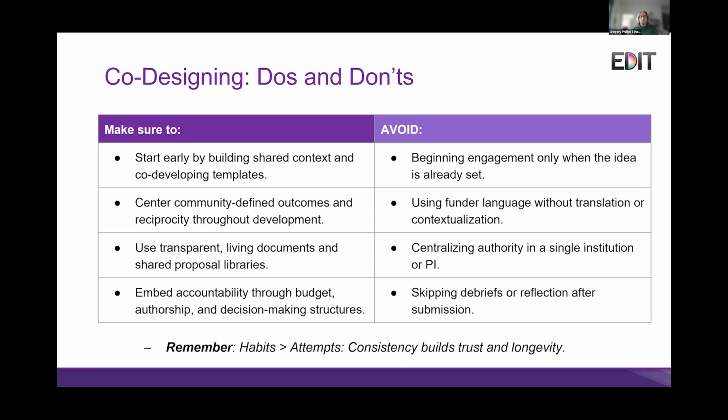And really, we know that not all of your attempts are going to be great. Sometimes things go wrong, sometimes partnerships break up, sometimes there's a lapse in communication. Whatever it is, attempting is great, and doing this work and building the habit of doing this work is really what we're aiming for. So making this a routine in your community academic partnership development process is only going to serve to build trust and longevity in the work you do. So those are things to think through as you're developing a partnership that's based on proposal development.